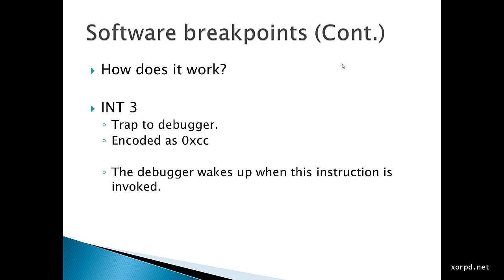How do software breakpoints work? Software breakpoints are based on a special instruction called int3. This instruction is also known as a trap to the debugger, and it is encoded as 1 byte, which is CC in base 16. The debugger wakes up whenever this instruction is invoked, which means that if you put this